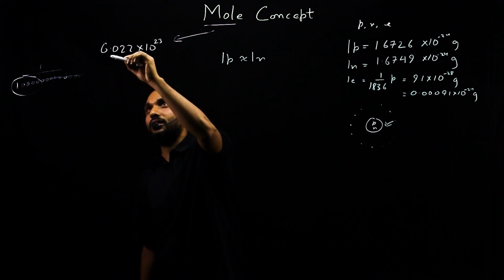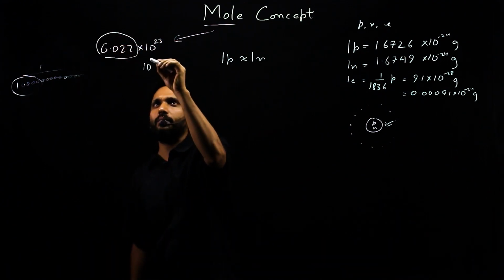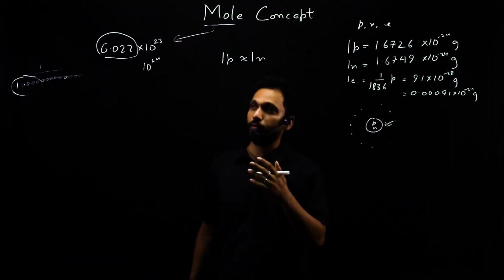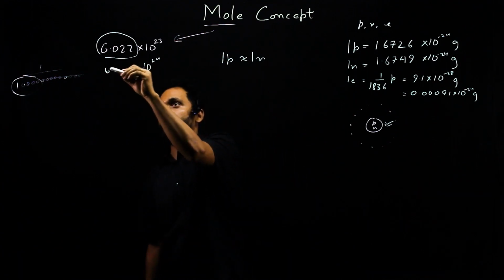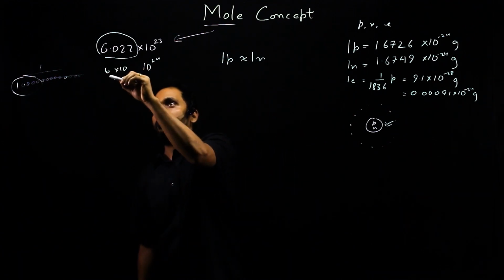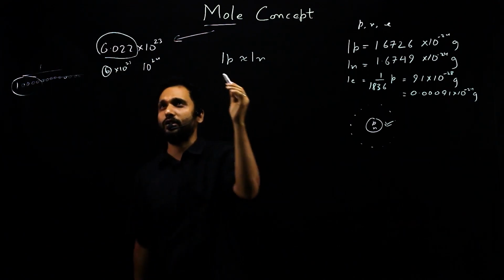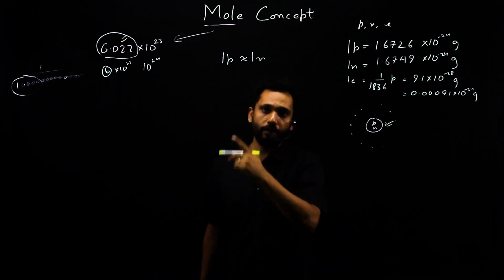Then why this 6.022? Why not an easy number like 10 power 24 or 10 power 23 for that matter? Why that 6.022? Even just a 6 would have been nice. A pure absolute 6 power 23. Why 0.022? Can you figure that out? Yeah, we'll try to derive that number.